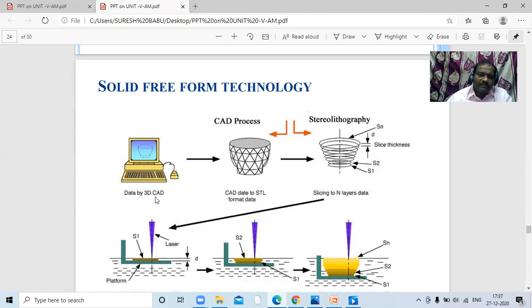So the data comes from 3D CAD, and the CAD data goes to STL form, and stereolithography. This is a process where we control the thickness and the dimensions of the object. So it is one type of process. The details will be explained. You first listen, as it is a software based design process. First, we prepare the product, and the prepared product is used with stereolithography. That means it is